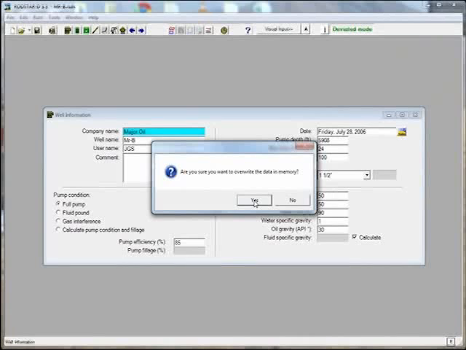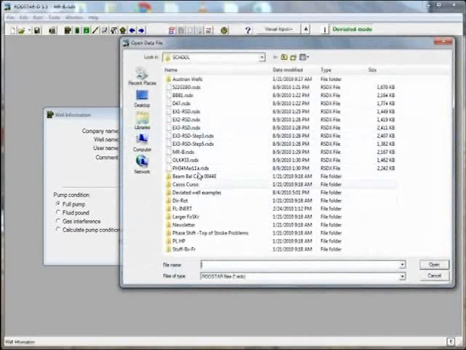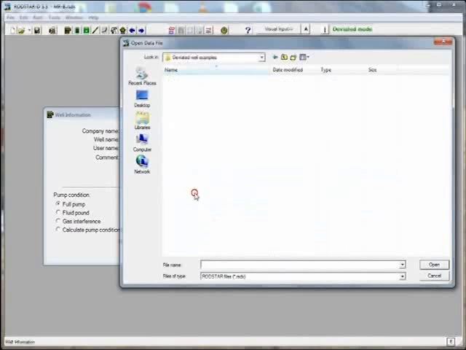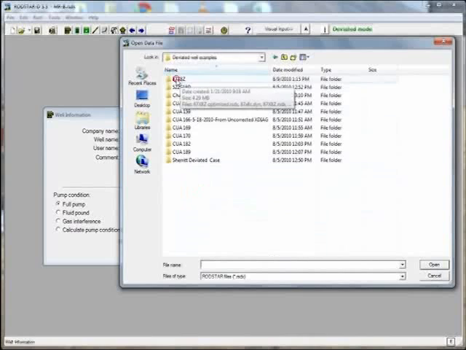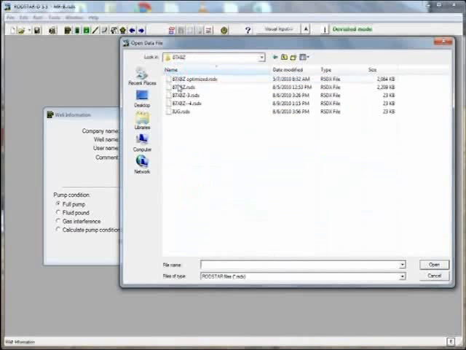are you sure you want to overwrite data in memory, if you already have a case in memory. And then you can go to the directory that contains the XDIAG file. I have it here under this weld name,